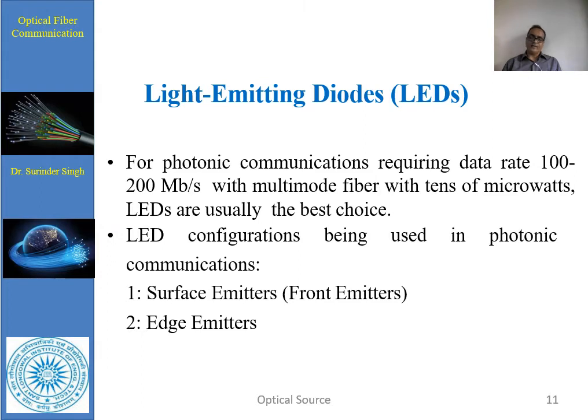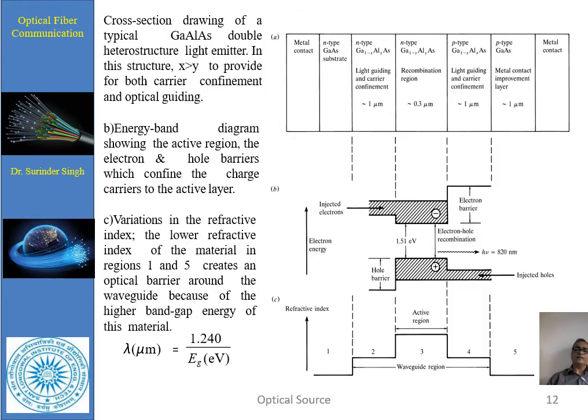Fast response means that as the injection current is applied to the source, at the same time it will give the full bandwidth of output power without any kind of disturbance. High quantum efficiency is also desired. That means the electrons and holes recombine radiatively, giving radiative recombination instead of non-radiative recombination. So for that, a certain kind of arrangement has to be made.